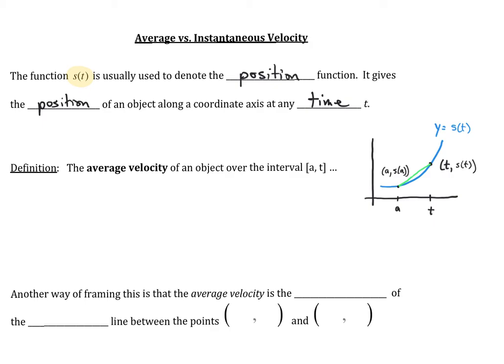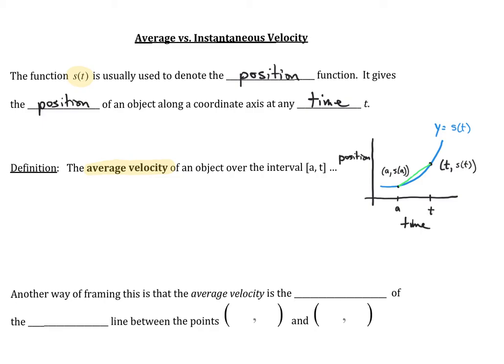We should probably label the axes of our curve. So the y-axis is going to be position, and the x-axis is going to be time. And this green line is going to be the secant line connecting the 2 points a, s of a, and t, s of t. So we can define the average velocity of an object over this interval from a to t